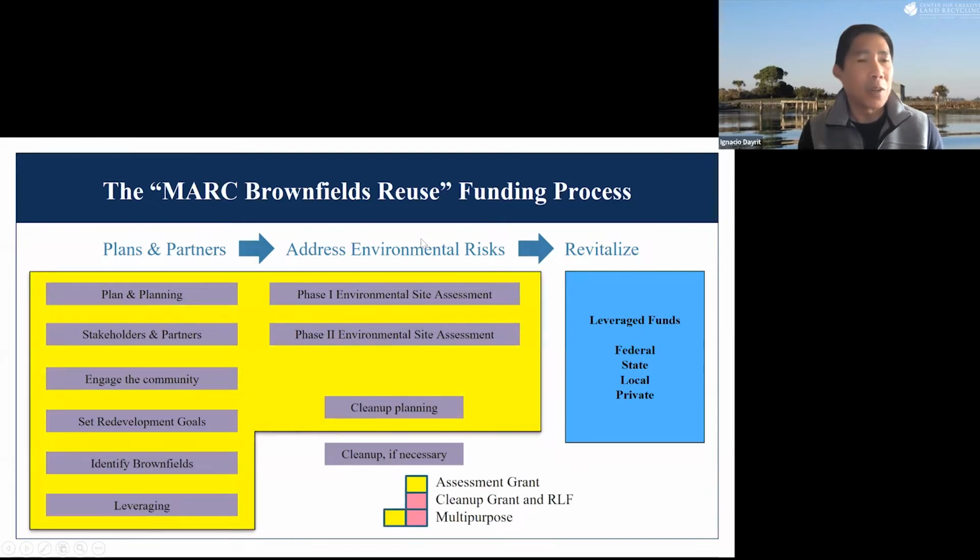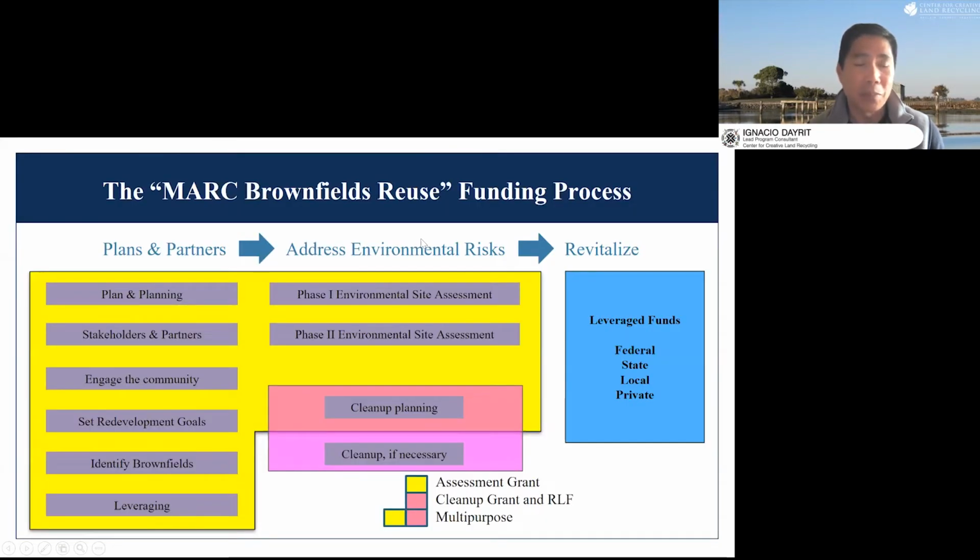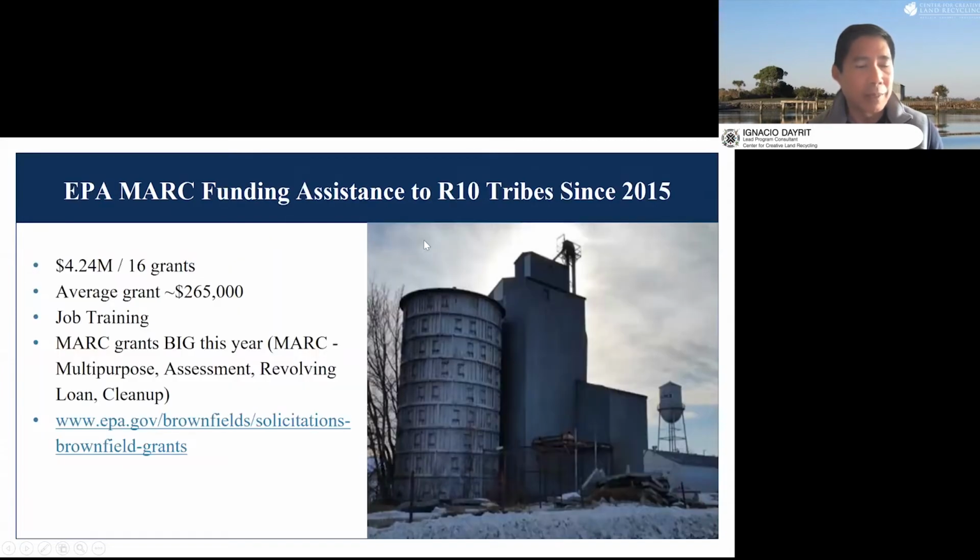So first, I'll talk about what we call multi-purpose, assessment, revolving loan funds, and cleanup grants, which can be used at different phases of your project. And for the EPA Brownfields program, there is a lot of money coming. It will be announced in September, but you have to plan early. And this might overlap with your ANCSA activities as well. So, for instance,